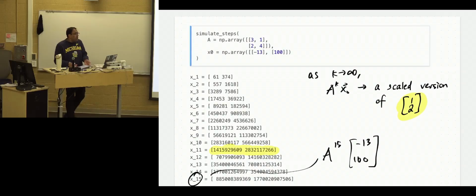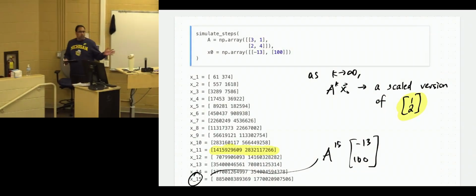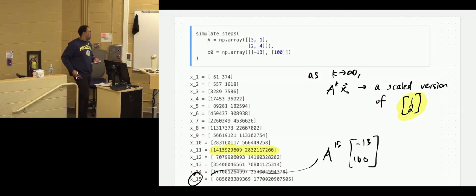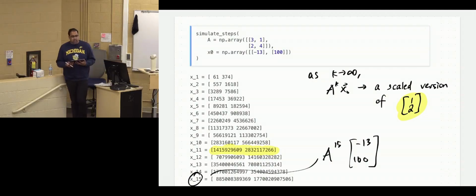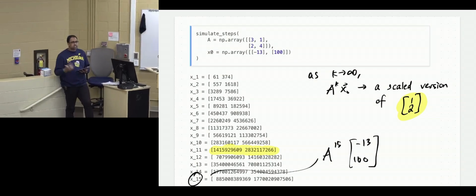So the number 5, which is the eigenvalue with the biggest absolute value, doesn't appear anywhere on this page, right? The number 5 is not particularly important. What matters is that 5 is the eigenvalue with the biggest absolute value, okay? That's what dictates where the system is going to converge,